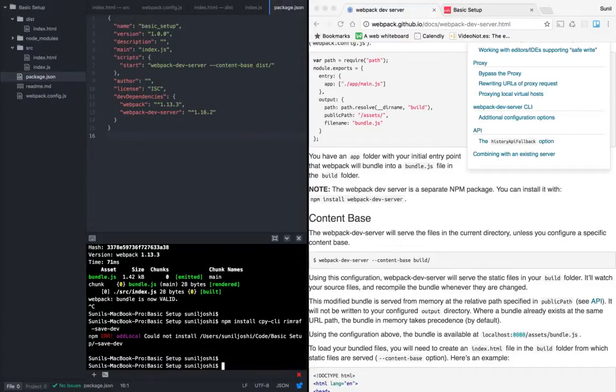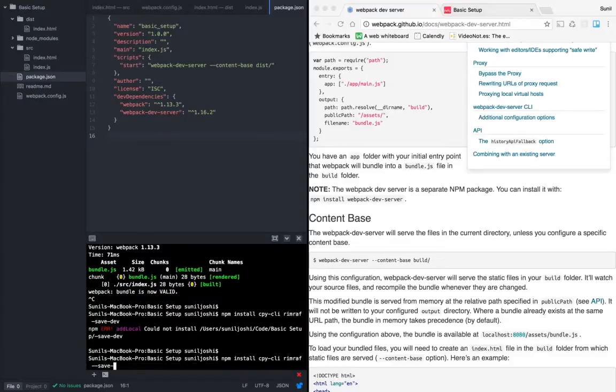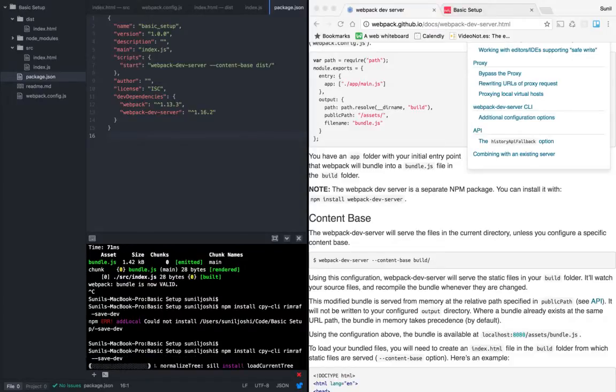Looks like I have some escape characters out here. So let me just type it: npm install cpy-cli rimraf --save-dev, and this is also going to be in our dev dependencies.